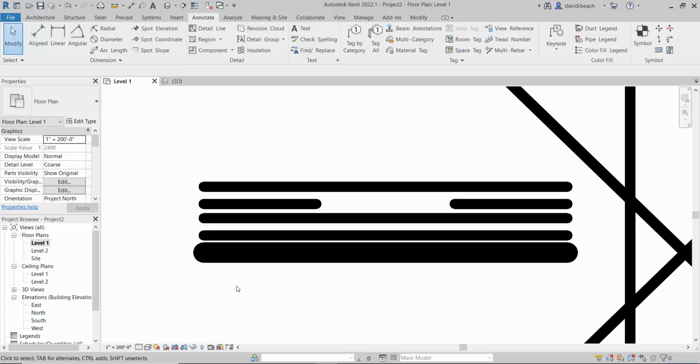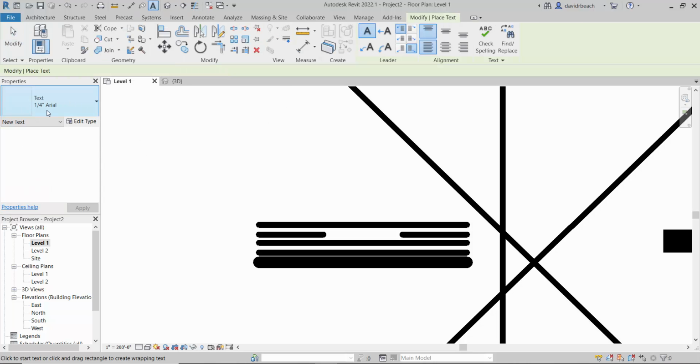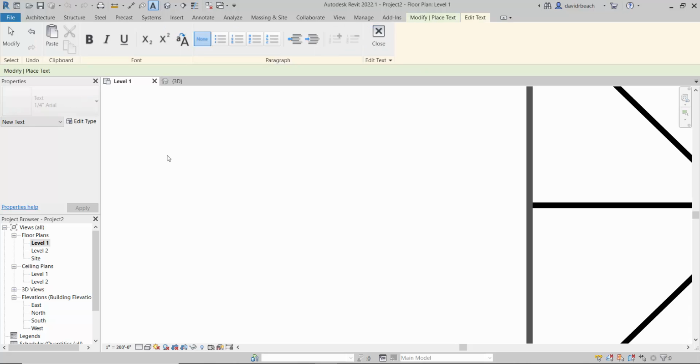It's easier to see that with text. So let me put in some text here really quick. It's also under Annotate, Text. So this is 1/4 inch Arial. No matter what scale I'm at, it's always going to print the text at a 1/4 inch in height. So if I do this and type in